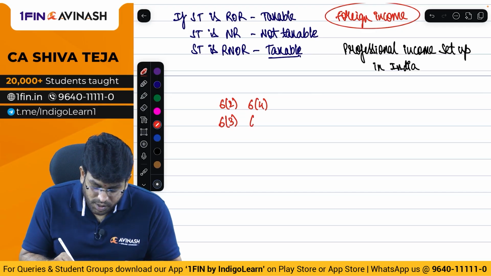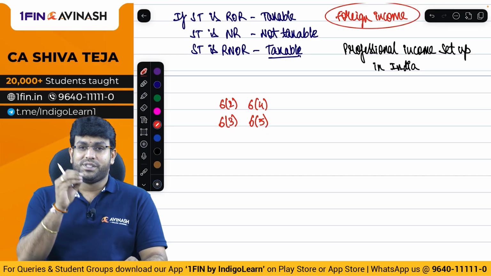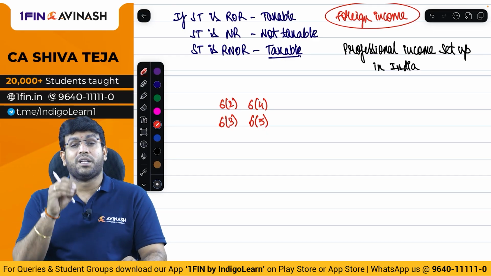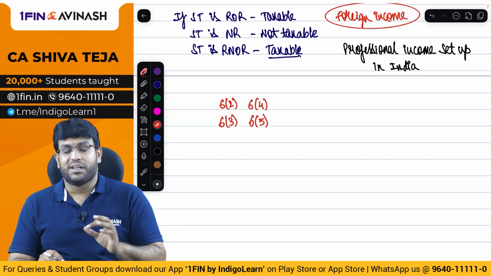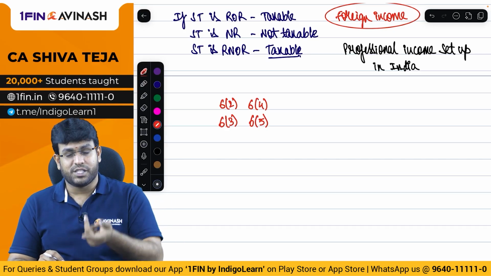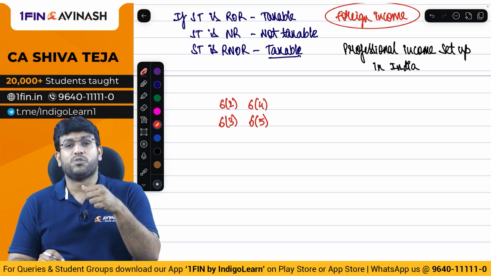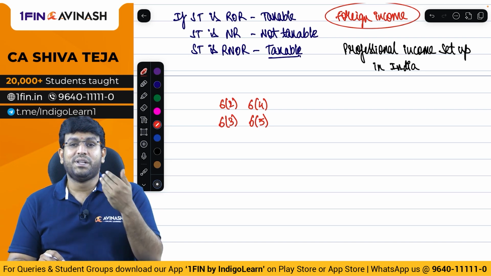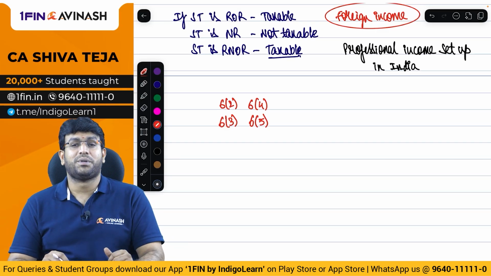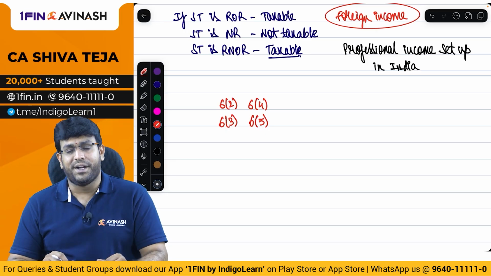Next, 6.5 talks about Indian citizen or a person of Indian origin who is coming to India for a visit during the tax year and his total income is more than 15 lakh rupees. In such case, he will be regarded as a resident if any one of the basic condition is satisfied, but the second condition is slightly modified. Second condition is instead of 60, it is 120 days. That is 120 days or more during the tax year and 365 days or more during the 4 years preceding the tax year. That's an interesting concept. Makes sense, right, everybody? So that's the story of 6.2, 6.3, 6.4 and 6.5.